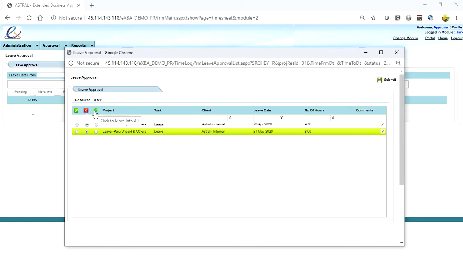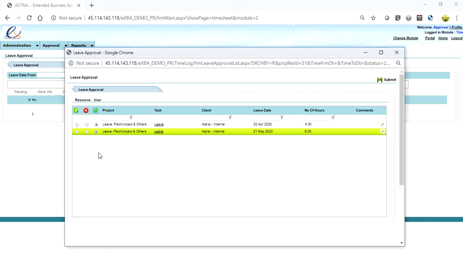And the third option which is available for the approver is to send it for more information. So basically the approver can take 3 actions. He can either approve it, reject it, or send it for more information. In case of rejection, and if he sends for more information, the system will ask for comments, because it is important for the user to know why the entry has been either rejected or sent for more information.